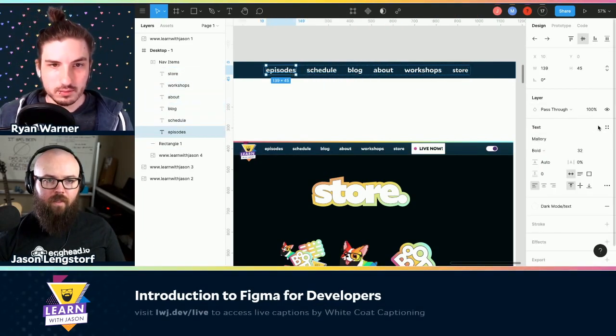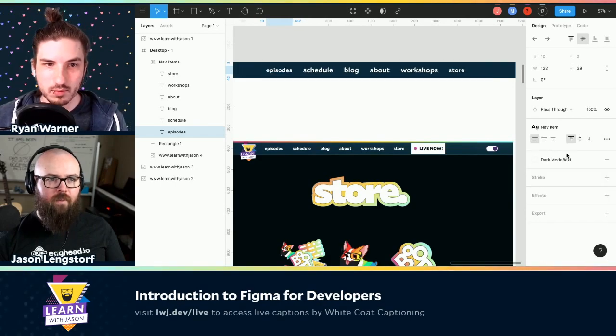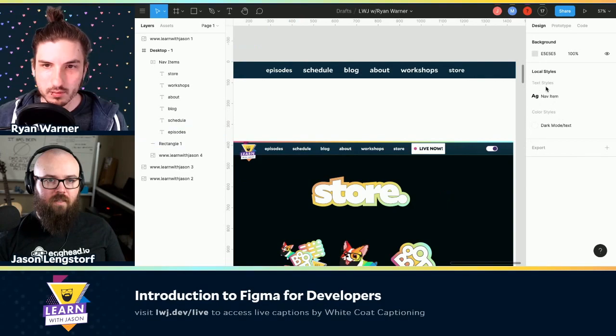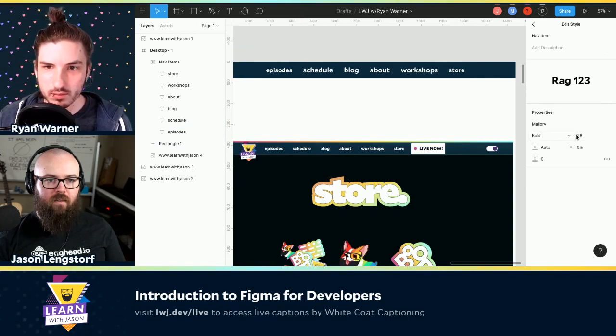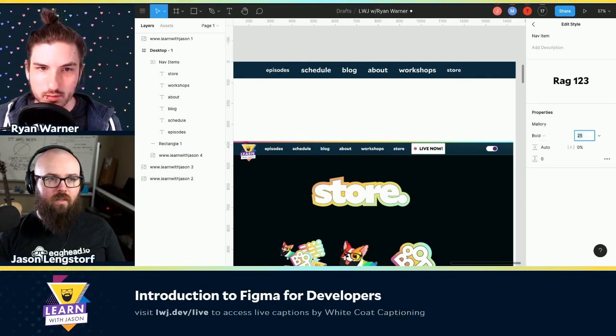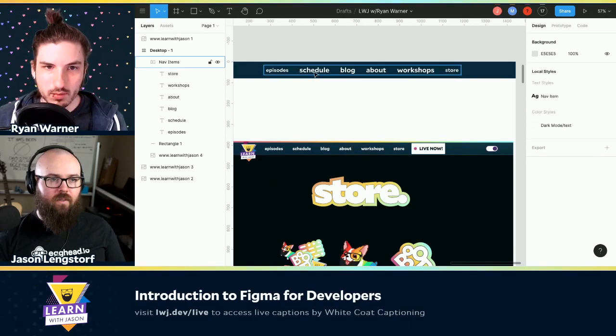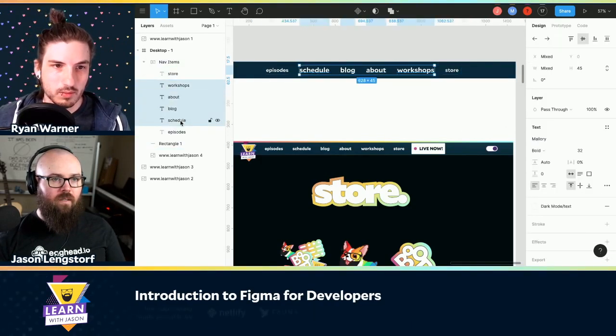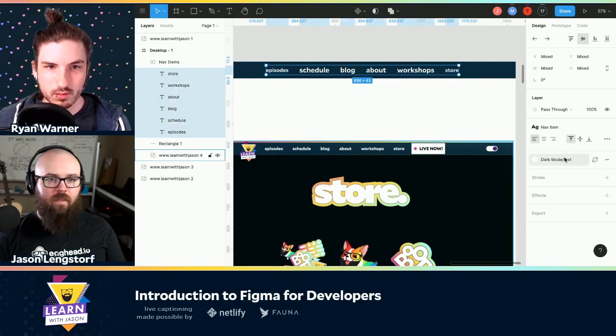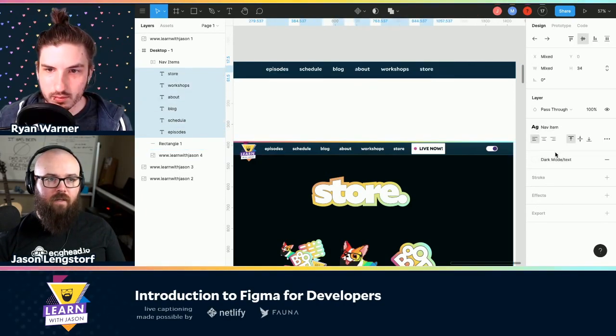Okay. So now I'm going to choose the nav item. And so that means that if I go into my styles and I say I want to make these smaller, I guess I only selected one of these. Let's select all of them and set them to be nav item. Okay.